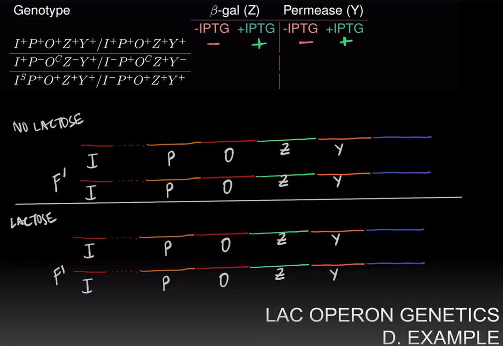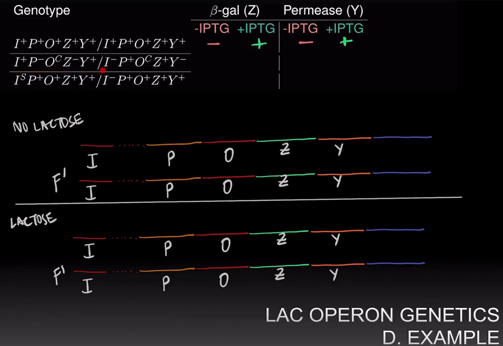The other way is to draw out mechanistically what is going to happen, and we're going to use both approaches here. So the second mutant here is I plus P minus OC Z minus Y plus, and it's a partial